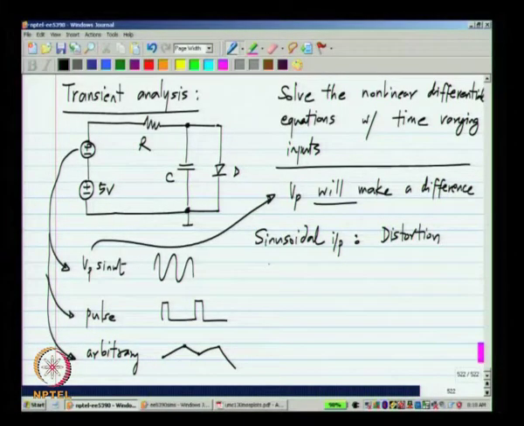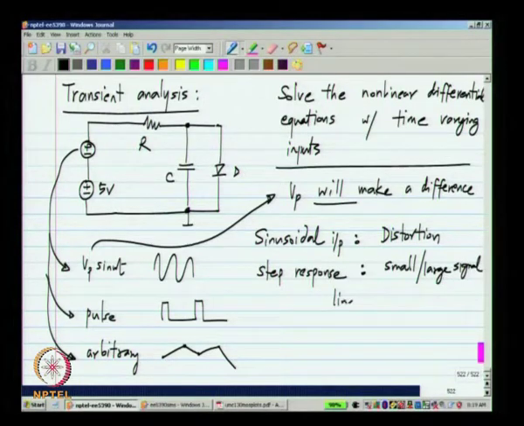And another thing of interest usually is step response, and this is computed by using a pulse of appropriate size. You could do this for small or large signal, and for linear or nonlinear circuits.